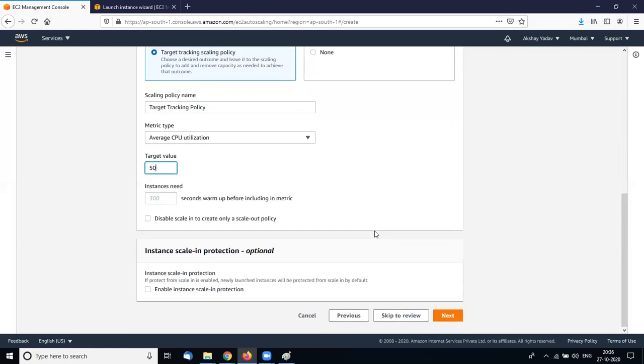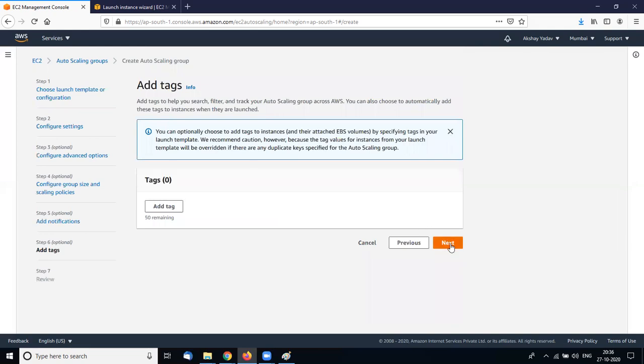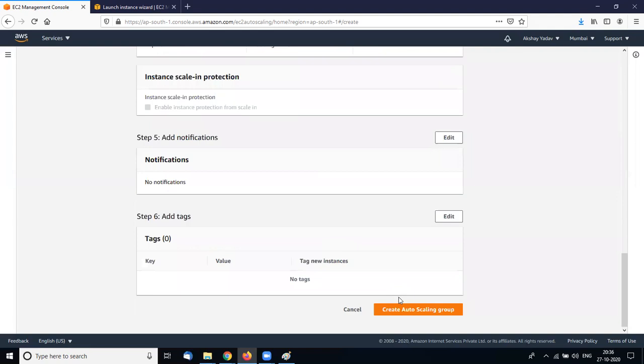Next, I set it for 50, next, and no tag. So my configuration is created, and my auto scaling group is created.